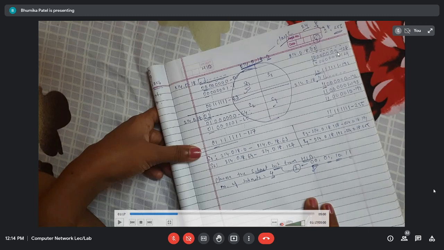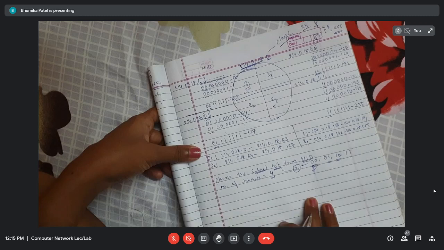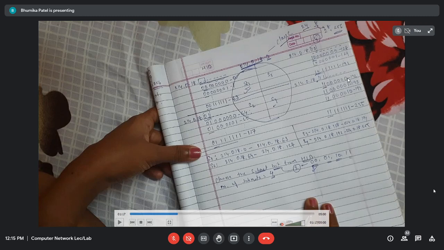Similarly, for subnet 3, the first IP address, 128, is the entire subnet 3 network address, and 191 is the directed broadcast address. That means whenever any message arrives with the destination IP address 191, all the 62 devices in subnet 3 will receive the message using broadcasting. And the same for subnet 4: 192 represents the entire subnet 4, and 255 represents the directed broadcast address.